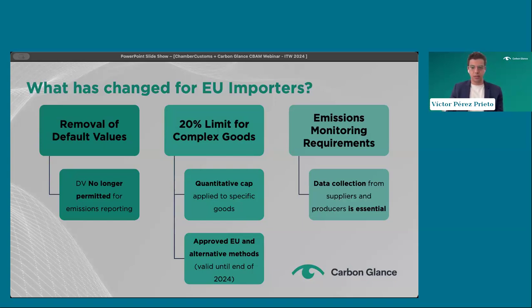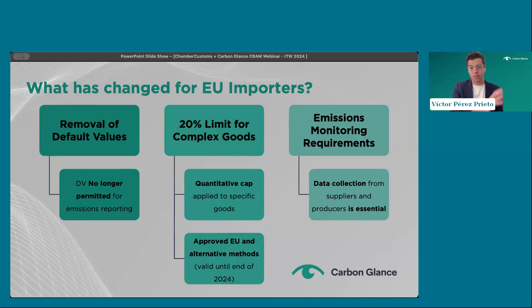I'll explain a little bit more about it later, but the other major change that occurred during the previous reporting period was that because the default values were no longer permitted, importers had to start engaging with their suppliers. With the default values, an importer could basically generate a CBAM report by using the default values, and did not have the obligation to engage with their suppliers, because these default values were published by the Commission.